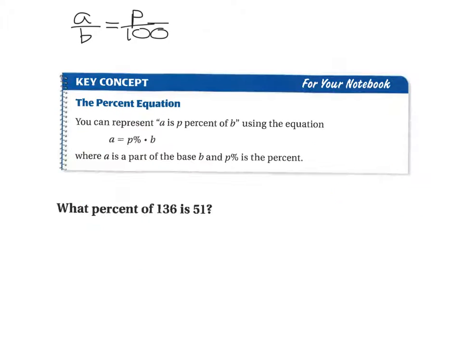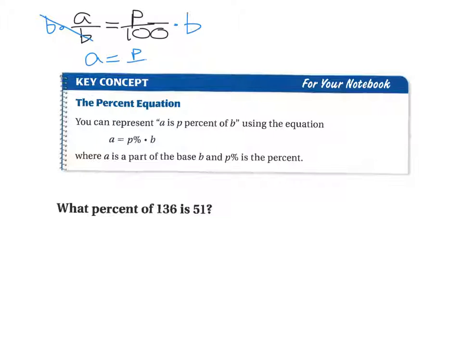There's also another way we can do percent problems, and it kind of depends on your preference for which method you like. You can use either one. We have this proportion A over B equals P over 100, right? We've seen that before. Now, I can also solve for A. I can get the part of the problem by itself, the smaller part, by multiplying by B on both sides. This inverse operation here, just like if that was a 5, A over 5, we would multiply by 5 on both sides. A over B, we multiply by B on both sides. We're left with